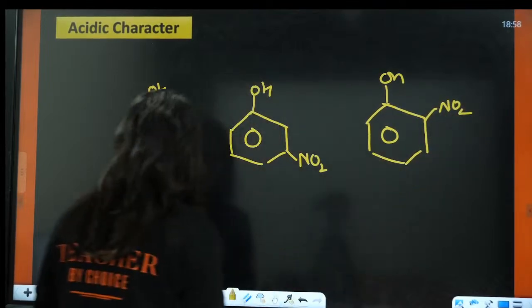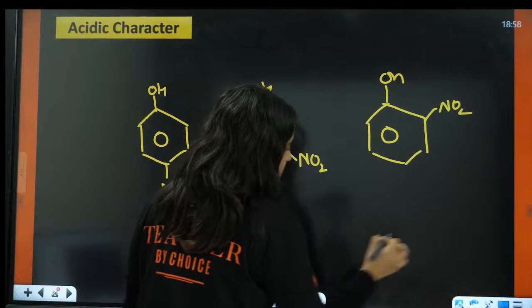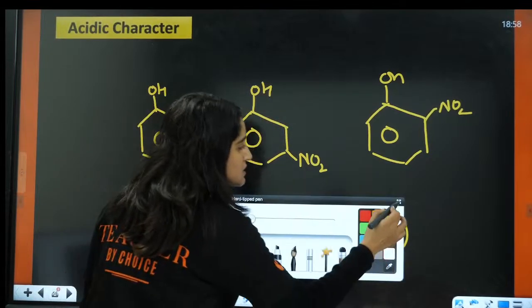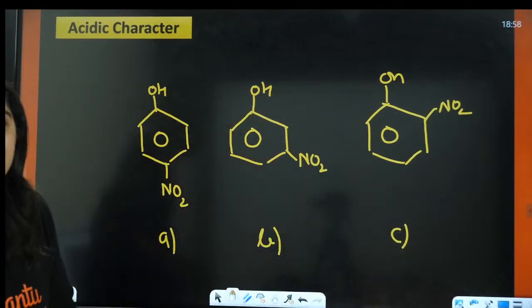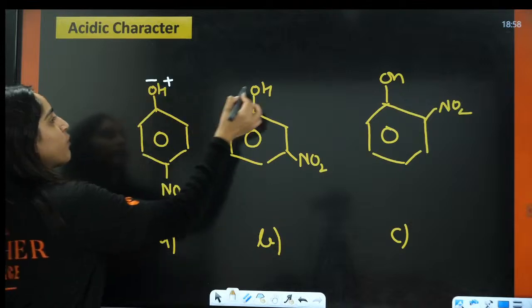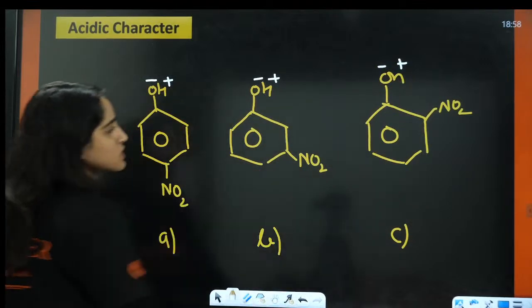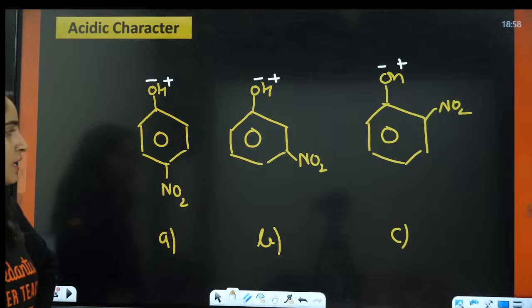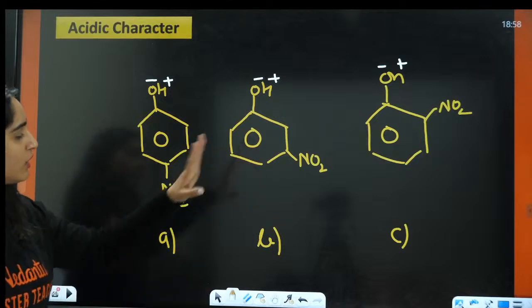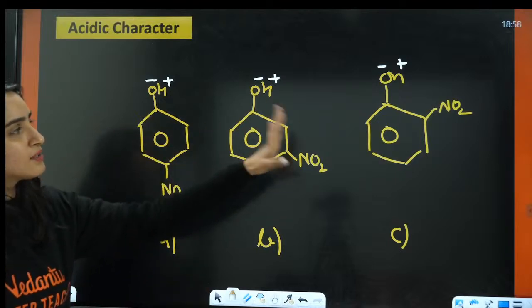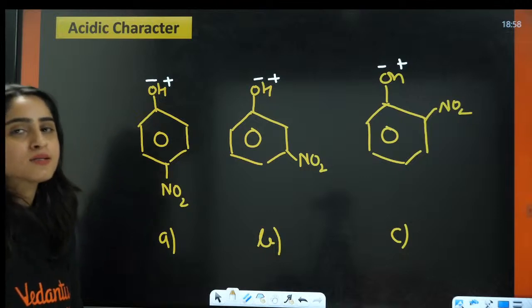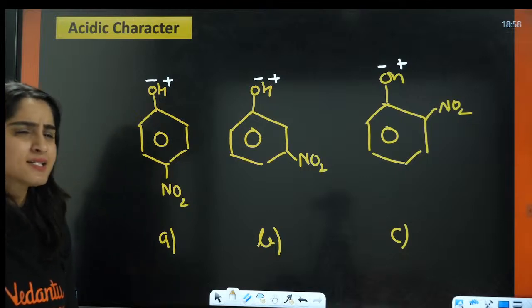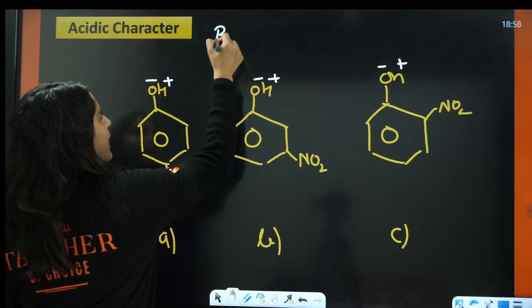Now tell me, this is A, this is B, and this is C. What is the stability order here? What is the acidic order here? This is negative, positive, negative, positive. Here you have the group at meta, this one at para, and this one at ortho. What is the order? Let us apply